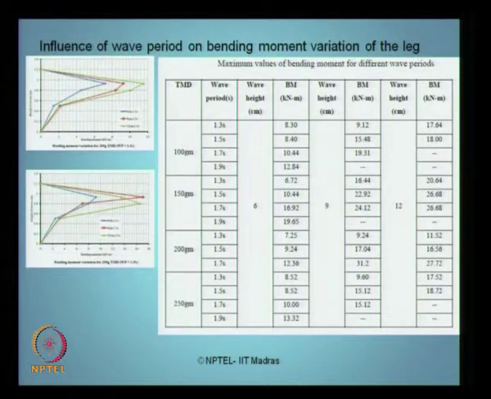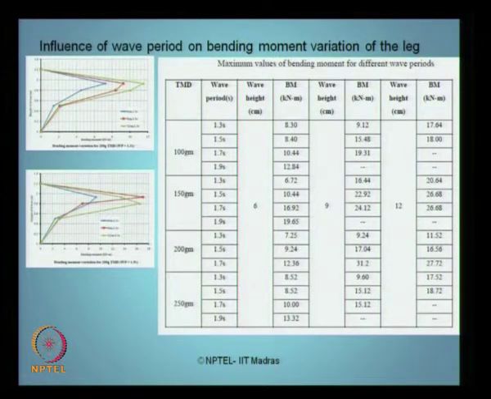So, if you look at the maximum response in terms of bending moment, let us look at this case which talks about the 200 grams TMD. This is also 200 grams TMD, where of course the wave periods here and here are different cases. Okay. So, the maximum bending moment occurs approximately at about 1/3 of the height of the tower from the top.